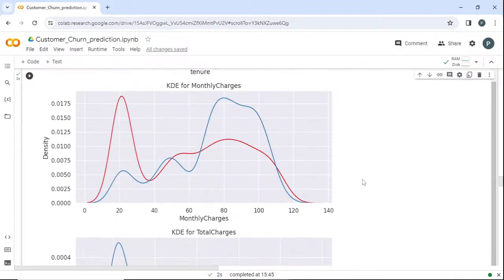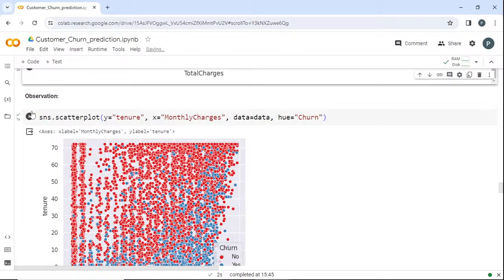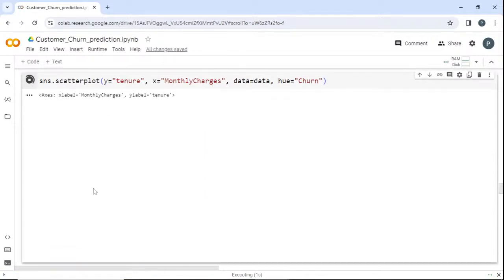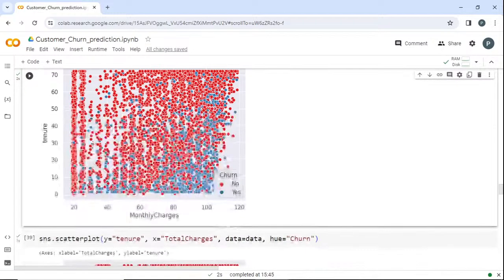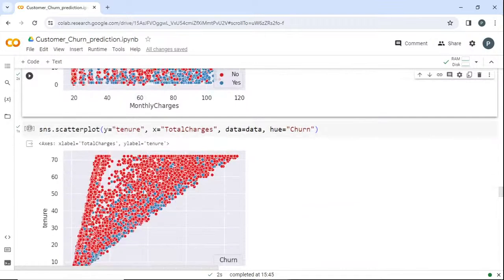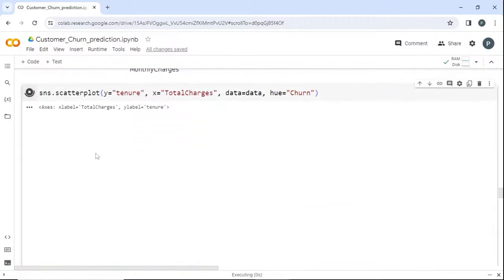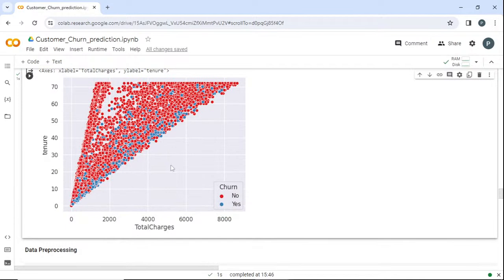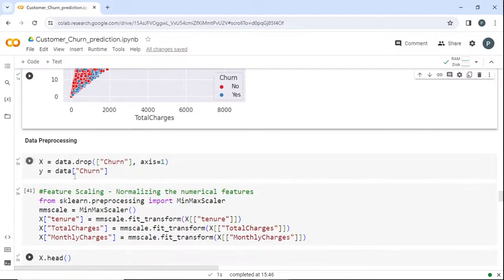And yeah, so this is the monthly plot, and this is a scatter plot of monthly charges and tenure, and how many people have churned in that. And this is a scatter plot of tenure and total charges, and the hue I have given, based on color, is churn. And what can you observe from here? We could see that when the total charges are high, their tenure is also high, and a lot of people have churned. We could see that a lot here.